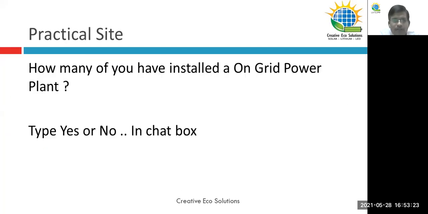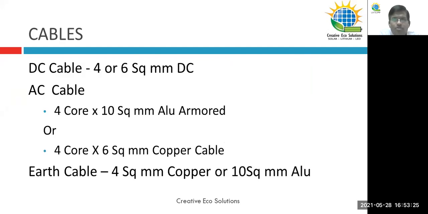The other things we have not discussed yet: you would also require a lightning arrestor. If it's a bigger capacity installation, let's say 10, 20, 30 kW, then you need a dedicated lightning arrestor for the solar power plant. The lightning arrestor will have an earthing GI strip or a copper wire with a dedicated earth. So that would be mandatory. And also the structural earthing. The entire structure has to be earthed.